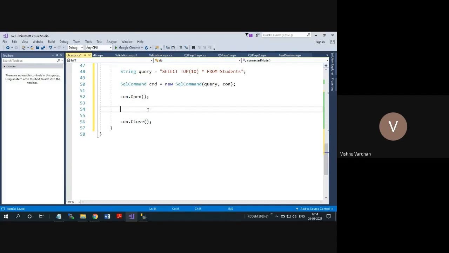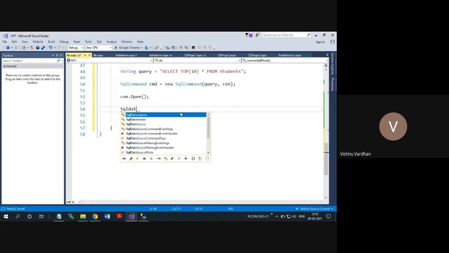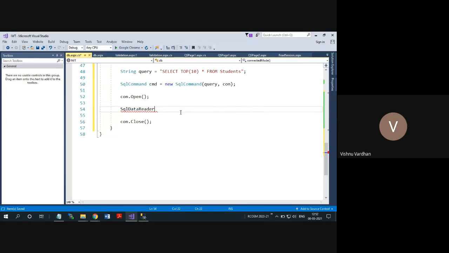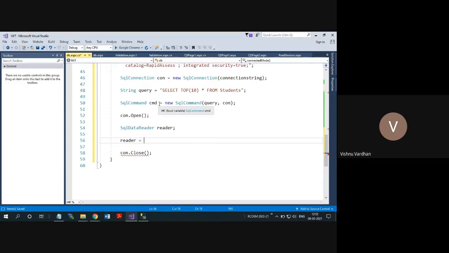For that I will take one new object called SqlDataReader. This is the object that offers us the connected way of reading data directly from the database. I will name the object reader, and reader is equal to cmd.ExecuteReader.